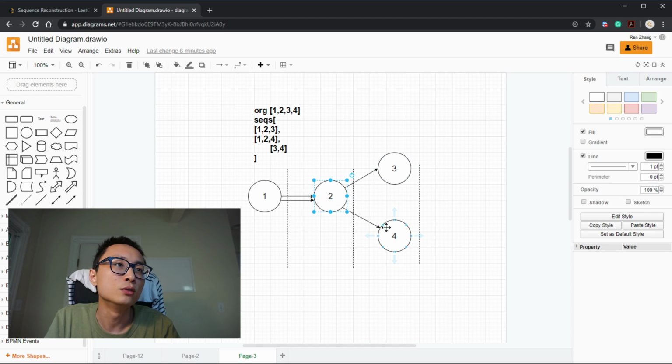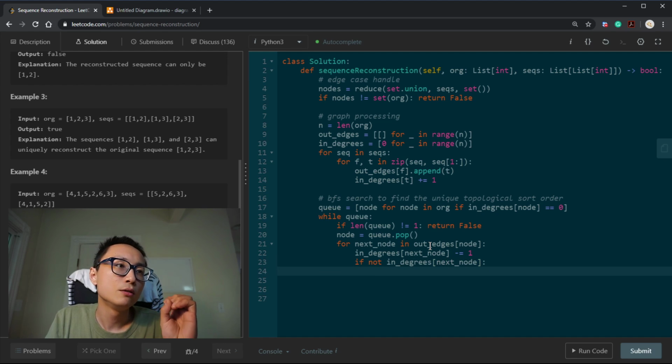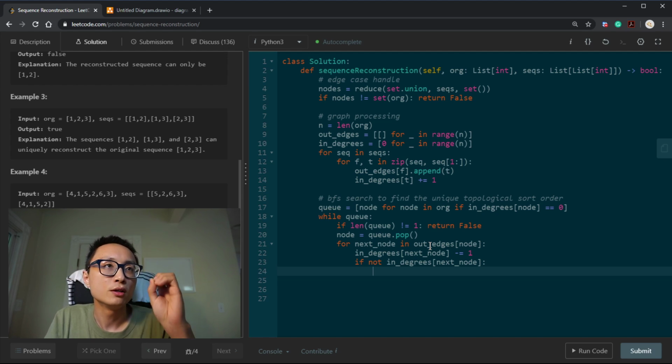If a node has 0 in degree, that means we can put it onto the queue.